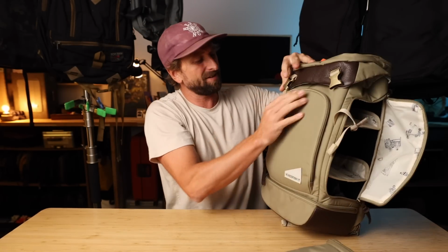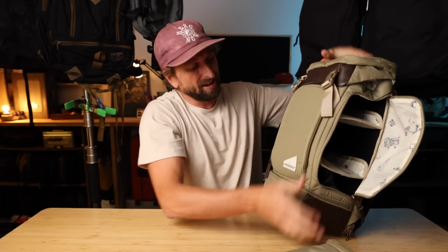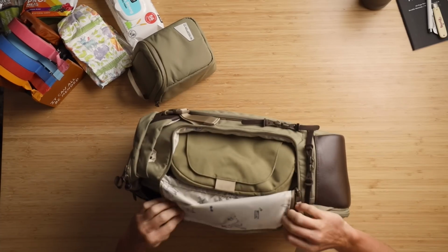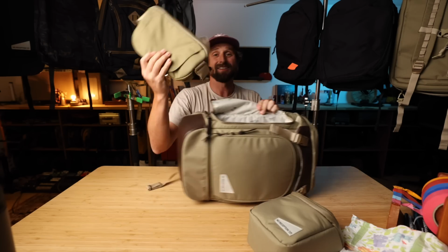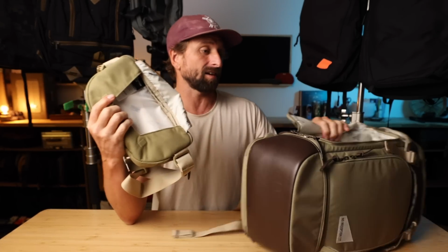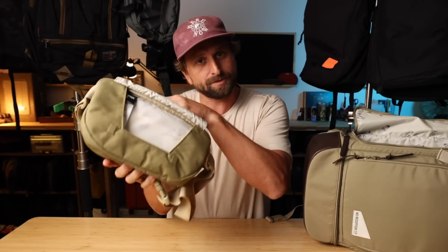You can fit a ton of stuff in this. That's what I like. And yet, you could also have it packed sort of sparse, and it still looks good. It's really padded and protected. On the opposite side of that opening, you have this nice little guy right here, which is designed for your fanny pack, bum bag, putting in your wet wipes right here. Let's talk about this for a second. I've got some more slings and bum bags to show you, but this with the wipes right available,